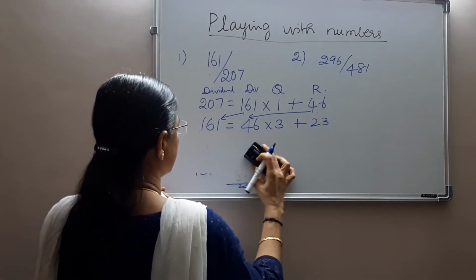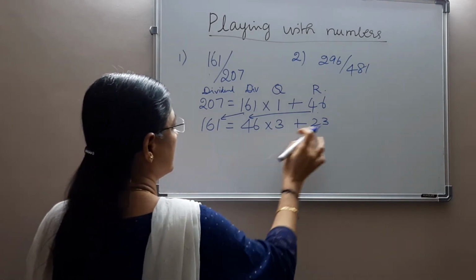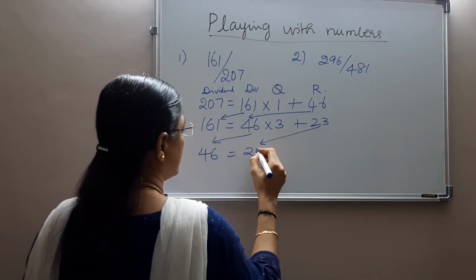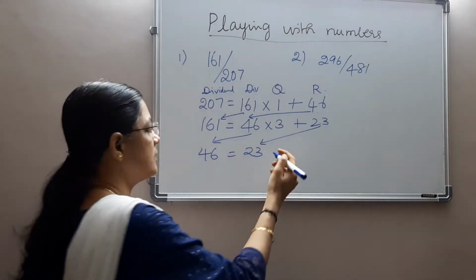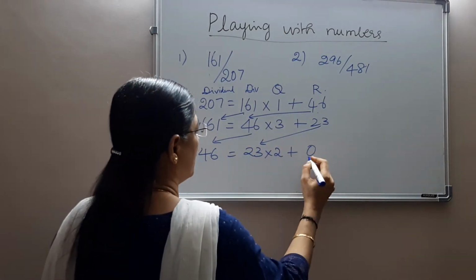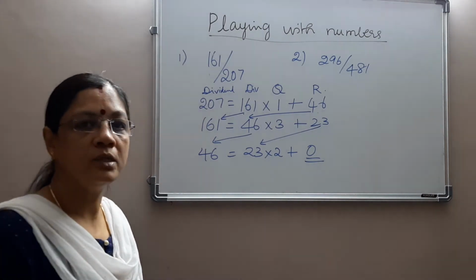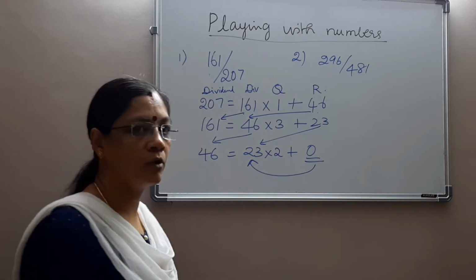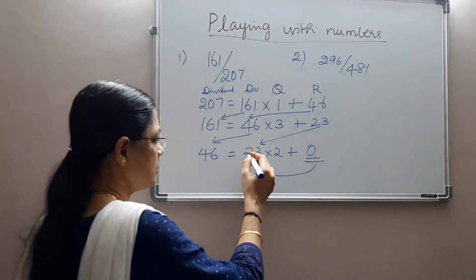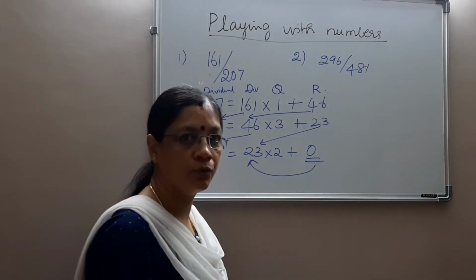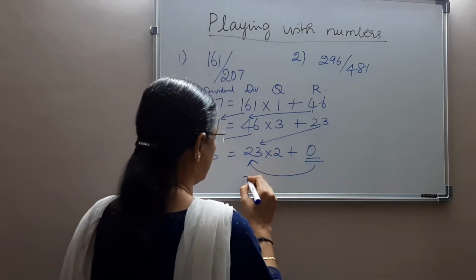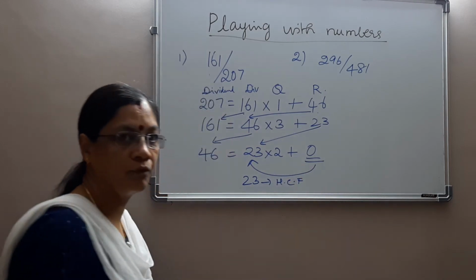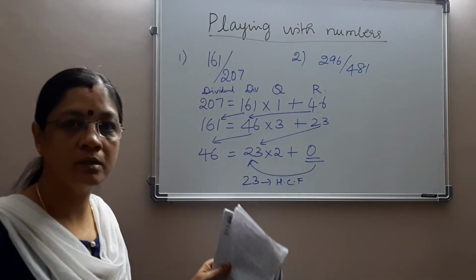Now you have 46 here as divisor and 23 is your remainder, isn't it? So bring 46 to the dividend side and bring 23 to the divisor side. Now 23 and 46, isn't it? It is perfectly divisible. You have the remainder 0. So when you see the remainder 0, you should see the divisor which is responsible for getting a remainder 0. So this is your divisor which makes you get remainder 0, isn't it? So 23 is your HCF. See how easily we find HCF by this method for larger numbers.